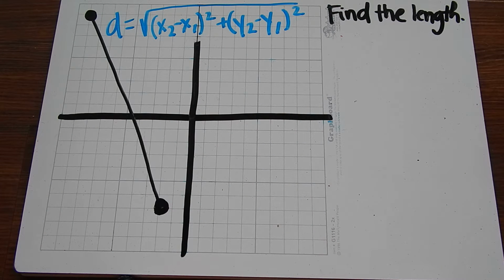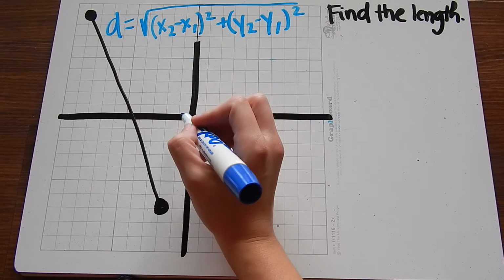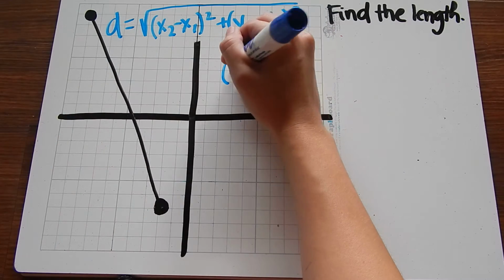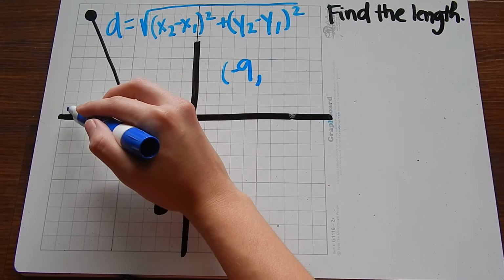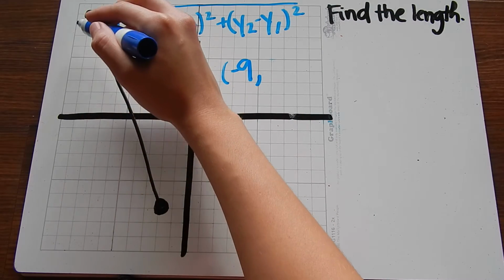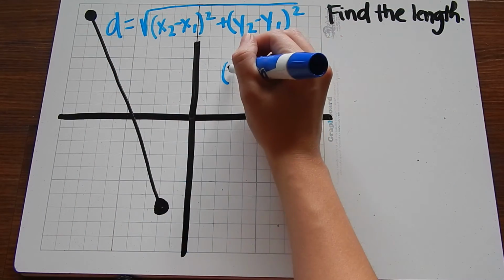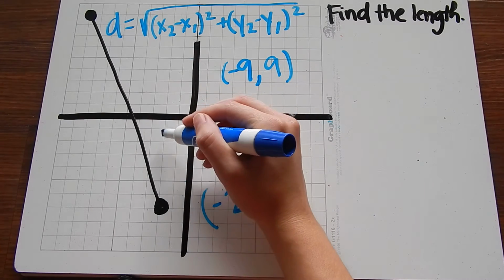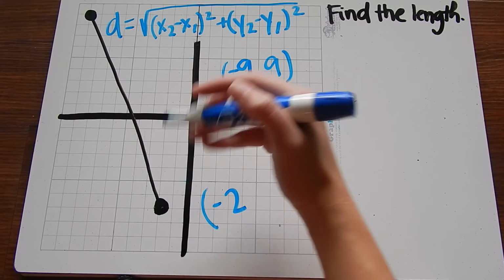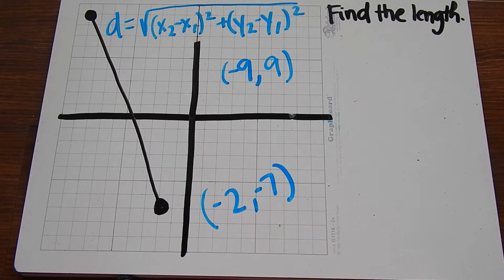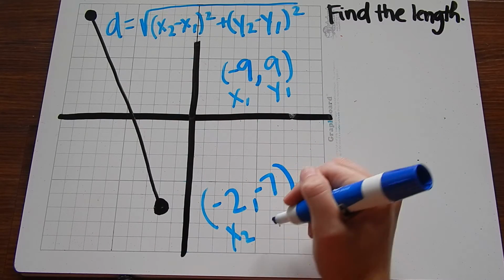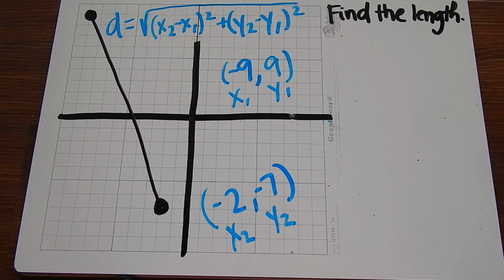So I have 2 points here. I just need to find the coordinates of these points. So my first point up here is -9 across, and I go up 9, so it's -9, 9. My point down here is -2, -7. So these are going to be my x1, y1, x2, y2, and we can just plug these into